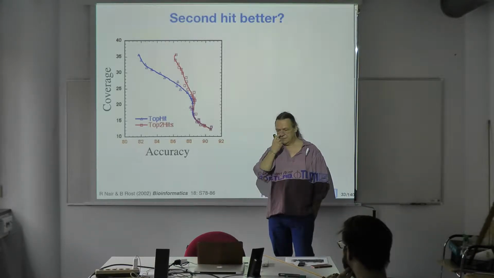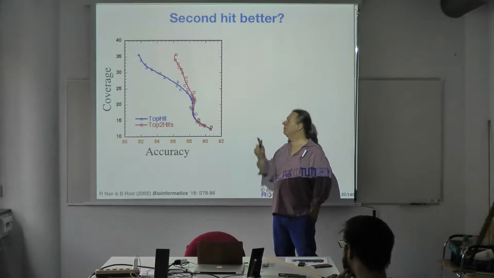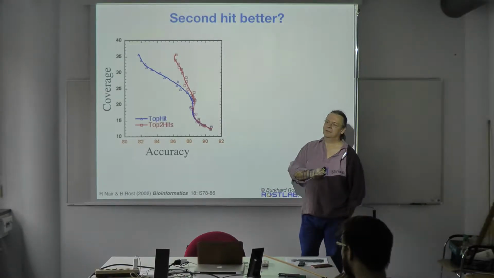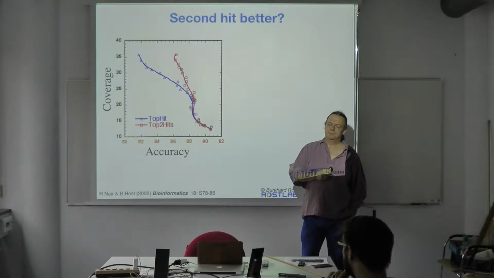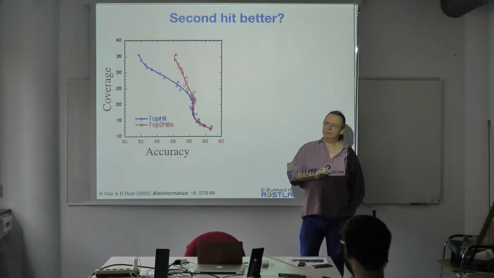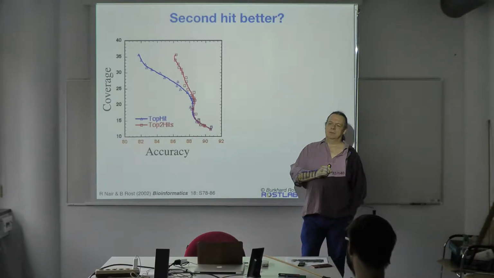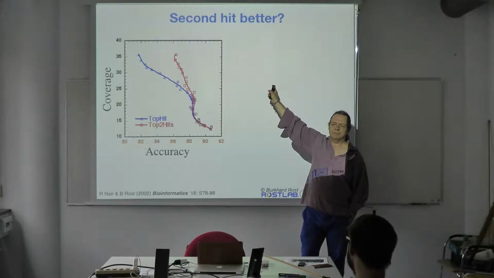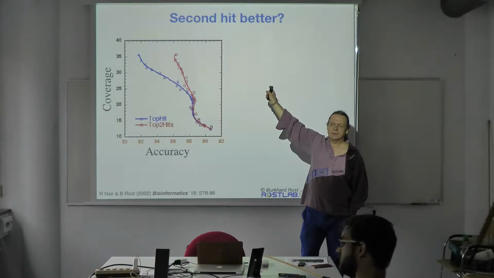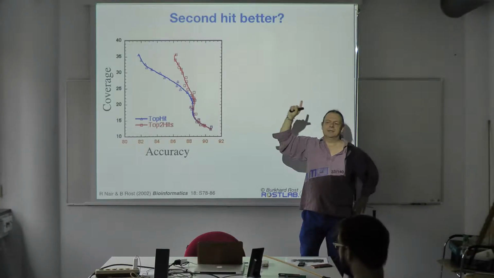Is the second hit better? Yes. I'm asking better, right? You have higher coverage without losing accuracy compared to the blue line. Yes. So essentially, the way you answer that question is that the red line is above the blue line at all points. Right, yes. Does that mean it's better? But doesn't top two hits mean that one of the two is a hit? Yes. So